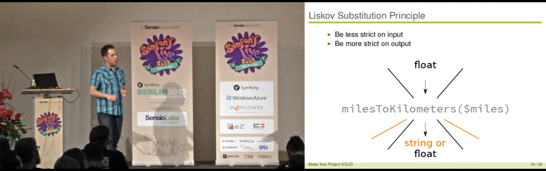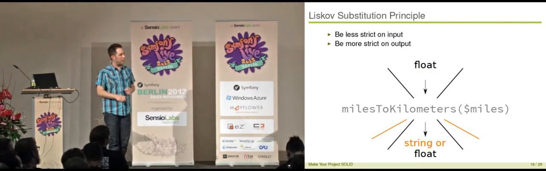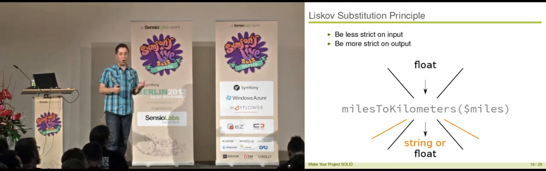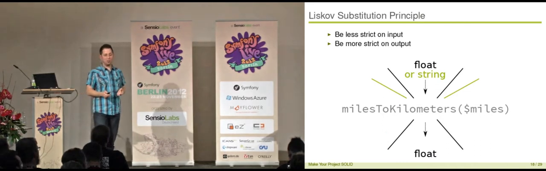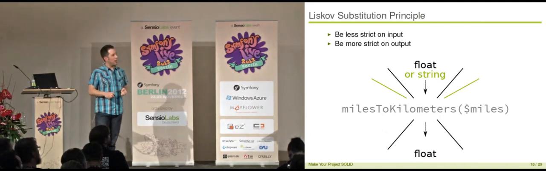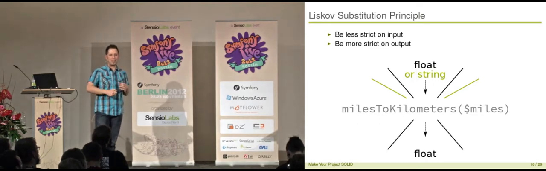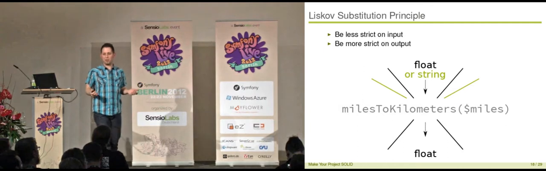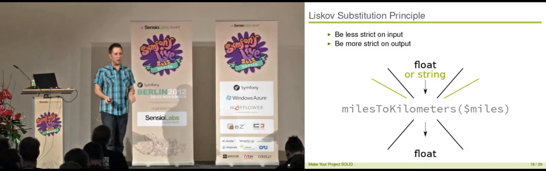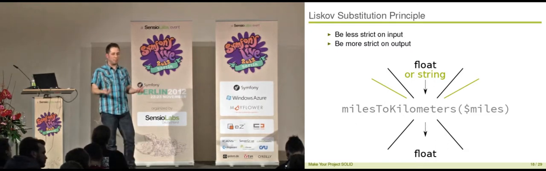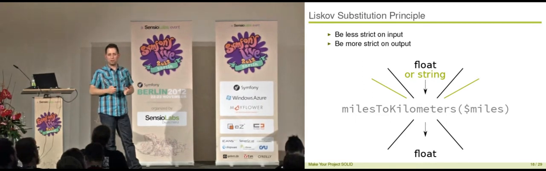In the same way, you may not widen the output range, because you cannot make sure that nobody in your project relies on the original output range. Normally, all using code will do that. What you may instead do is the opposite. It is not a problem that your miles to kilometers function in the derived class can use strings. Nobody takes care of that. It will never receive strings, actually, because nobody will use it that way, except if it has a dependency on the derived class. But it doesn't hurt. So if it can cope with strings, that's fine.